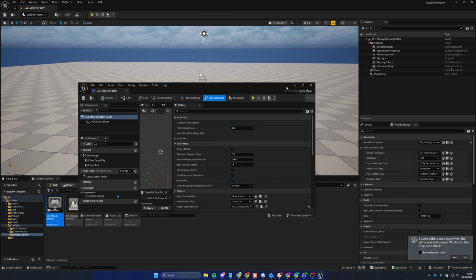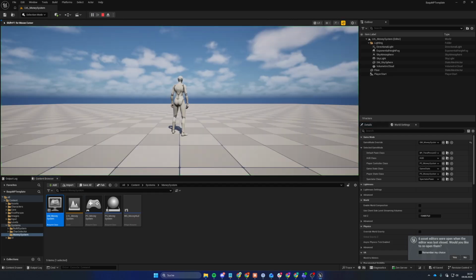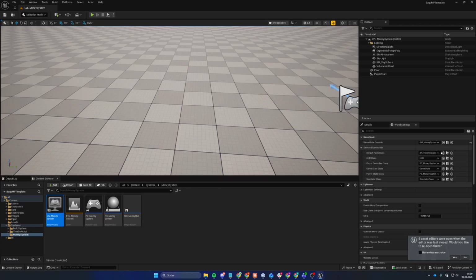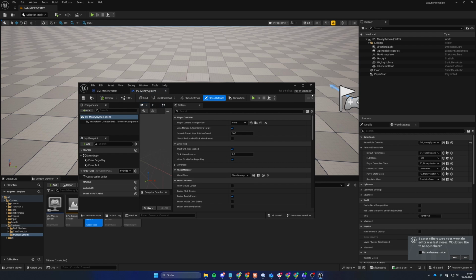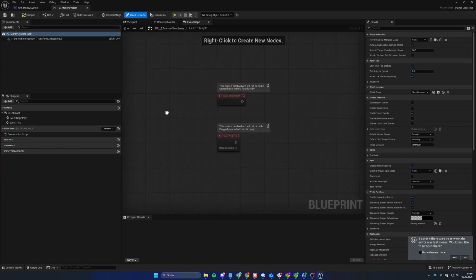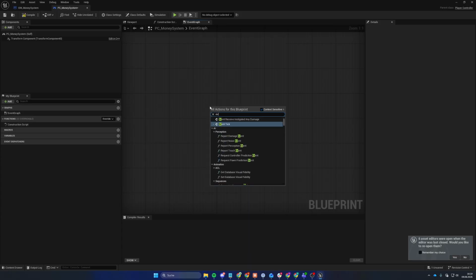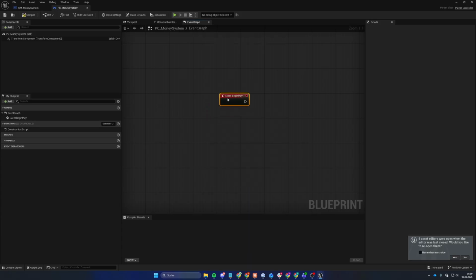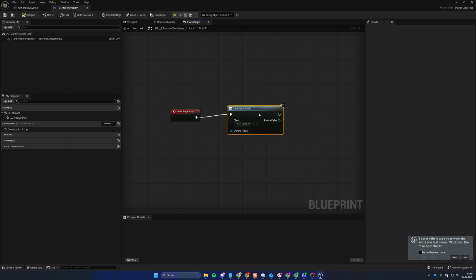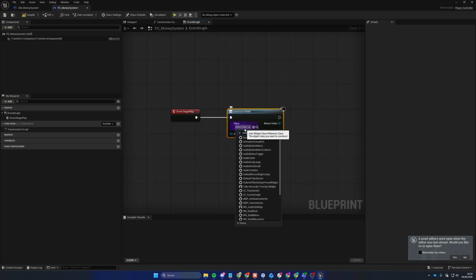Yeah, and that's that, because if we now start, we can see that we can run around. And if we now open up the player controller money system and realign this and open up the event graph and then create our event begin play, we want to create the widget and we want to select our money